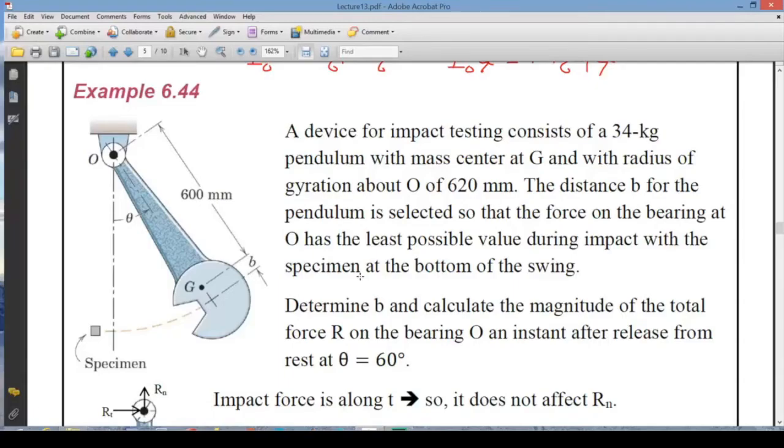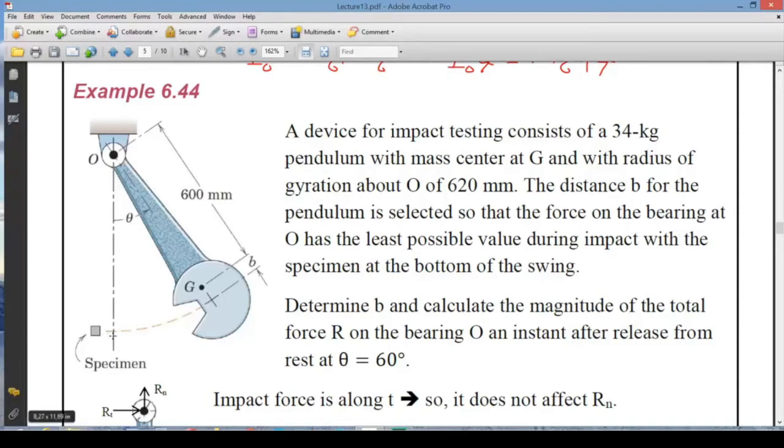Here we have a direct application of the center of percussion concept. This is actually laboratory test equipment that exists. What is being tried here is to have this pendulum swing from a distance. So it's going to have some potential energy that's going to be converted to kinetic energy until it hits the